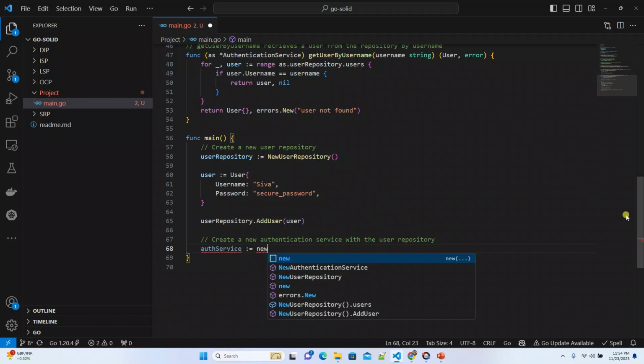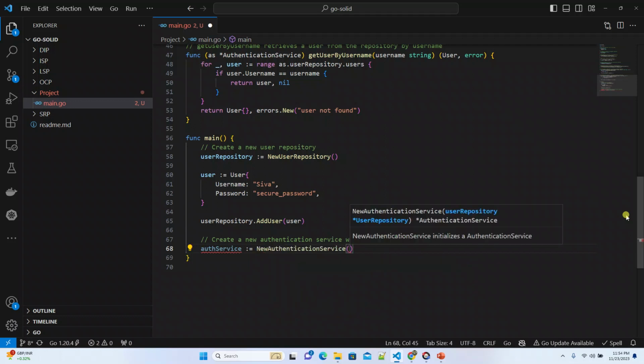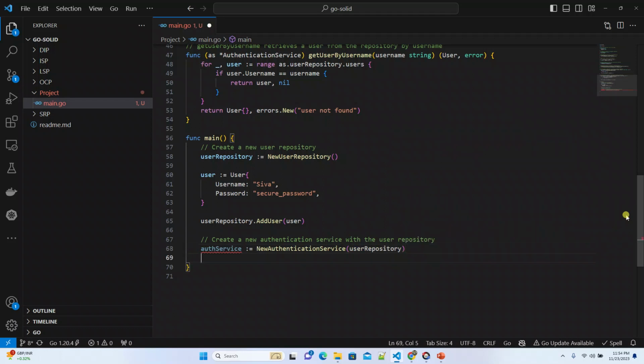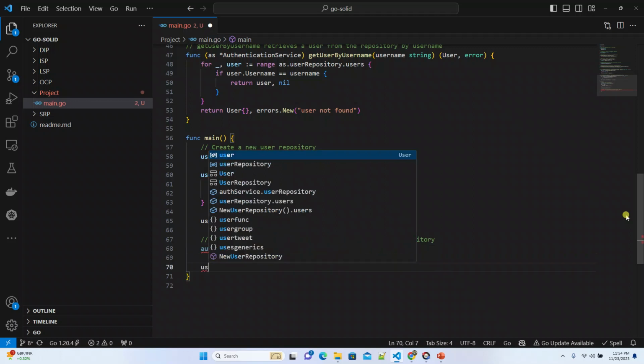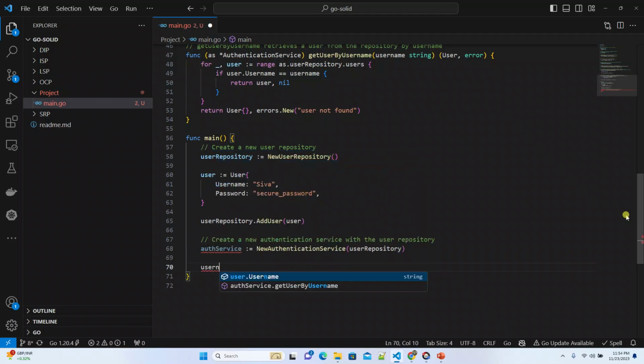Okay, auth service equal to new service of user repository, right? Now we'll try to verify by creating local variables